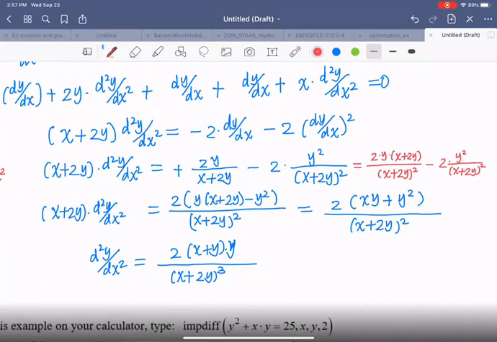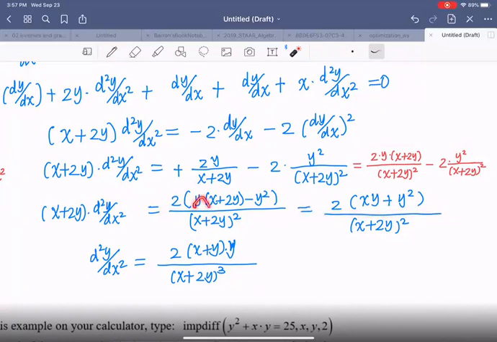Does that make sense? Yeah. What you did here is you make a square and then you times x plus 2y on the top. Okay. And then what I do is they both have 2, right? Yes. So I take a 2 out. Then here becomes the y times x plus 2y. And here is y squared. So I'm going to do this guy inside the parentheses. And then equals,